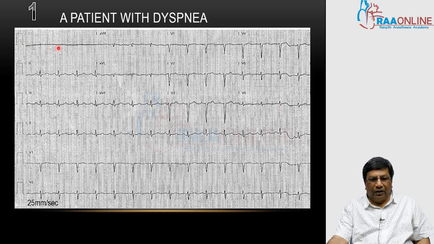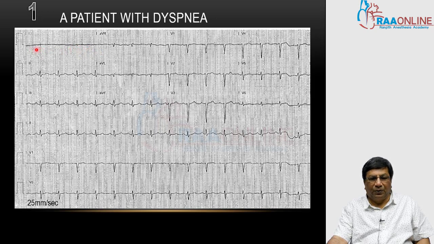And you look at lead 1, you think there is a machine error because there are almost no complexes in lead 1 at all. So you think you have to repeat the ECG, and you have repeated many times, the lead 1 is like this only. So this is called the lead 1 sign or the Shamroth sign of a patient who has